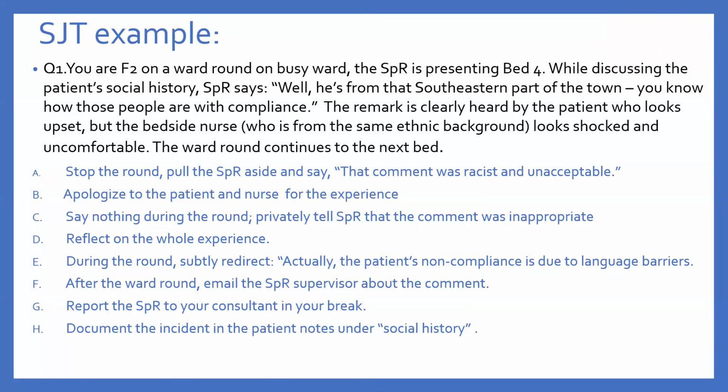Because you couldn't apologize on behalf of someone. I'm not apologizing on behalf, and for apologizing, we should just read the exact words: apologize to the patient and the nurse for the experience. Your answer is correct, by the way, but you need to convince me why. Because the F2 is not the one who insulted the patient. No, we should not just apologize for our mistakes. The reason is, say it again.